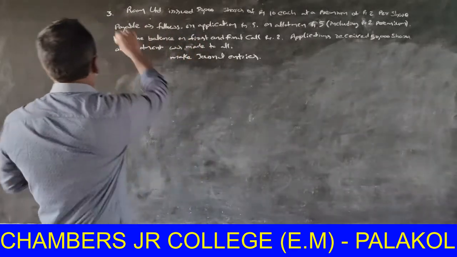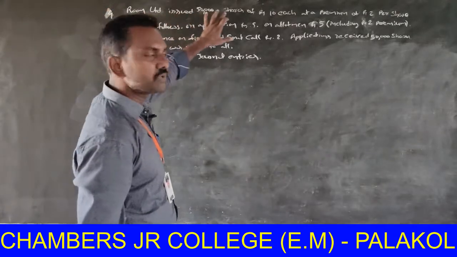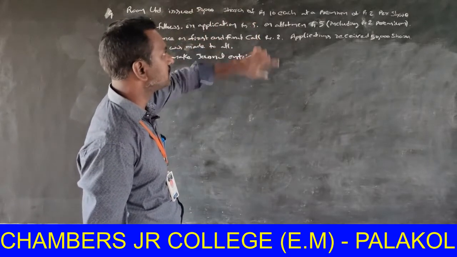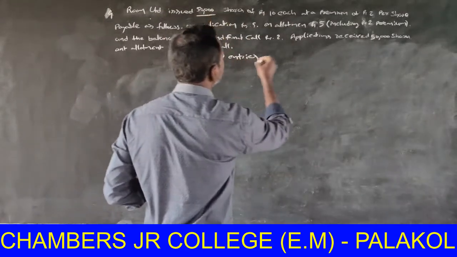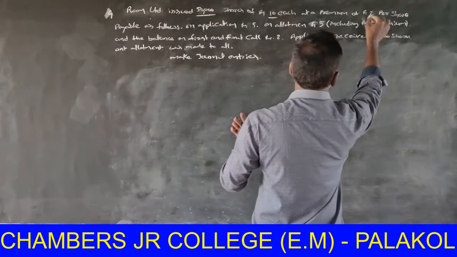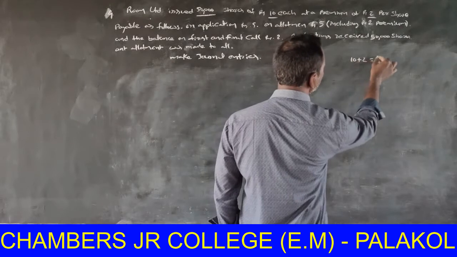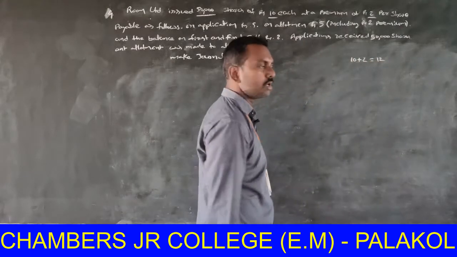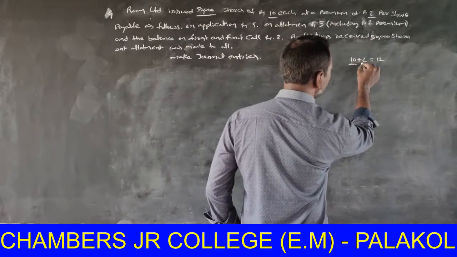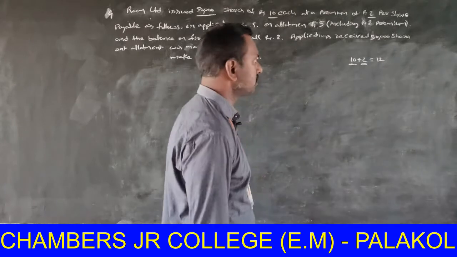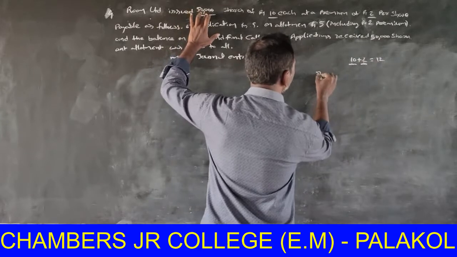It is problem number 4. Ram Limited issued 50,000 shares of rupees 10 each at a premium of 2 rupees per share. Here each share value is 10 rupees and at a premium of 2 rupees. Now the share value is 10 plus 2 equal to 12 rupees. Here the 10 rupees is called capital and the excess amount 2 rupees is called securities premium.